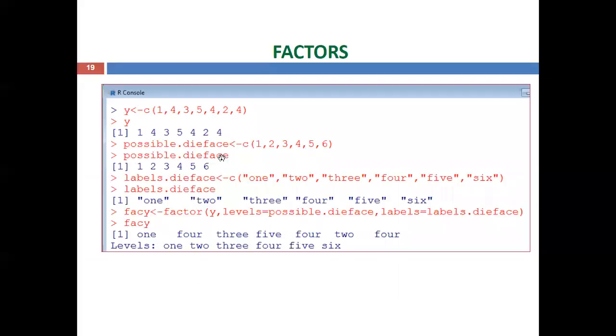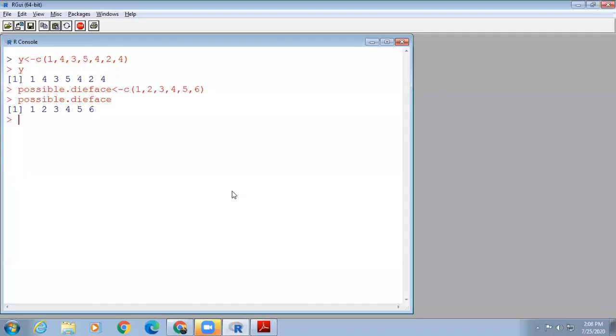Then third vector is you have to define the labels for the dice with 1 to 6 combination. Now labels.dice equal to c of all the 6 labels you can include in the form of strings within double quotes separated by comma: 1, 2, 3, 4, 5, 6.